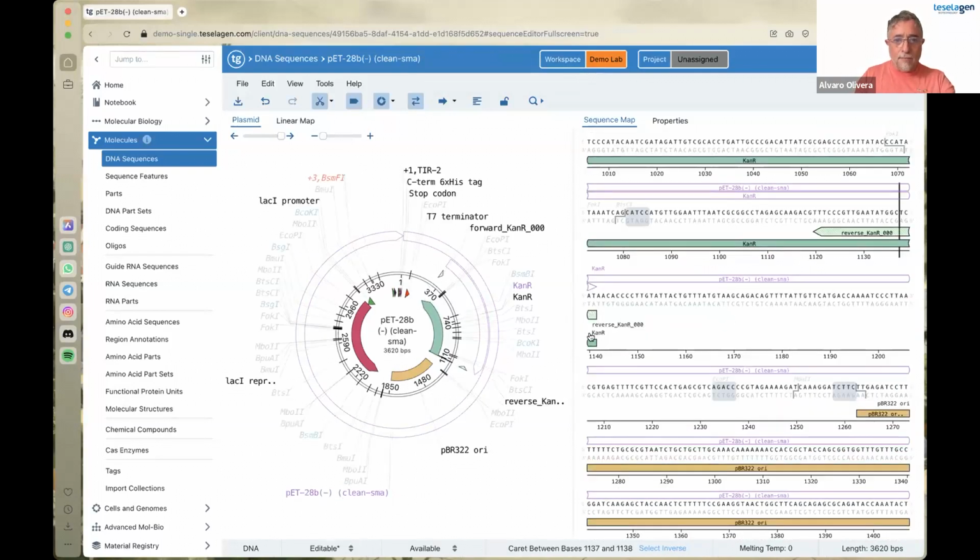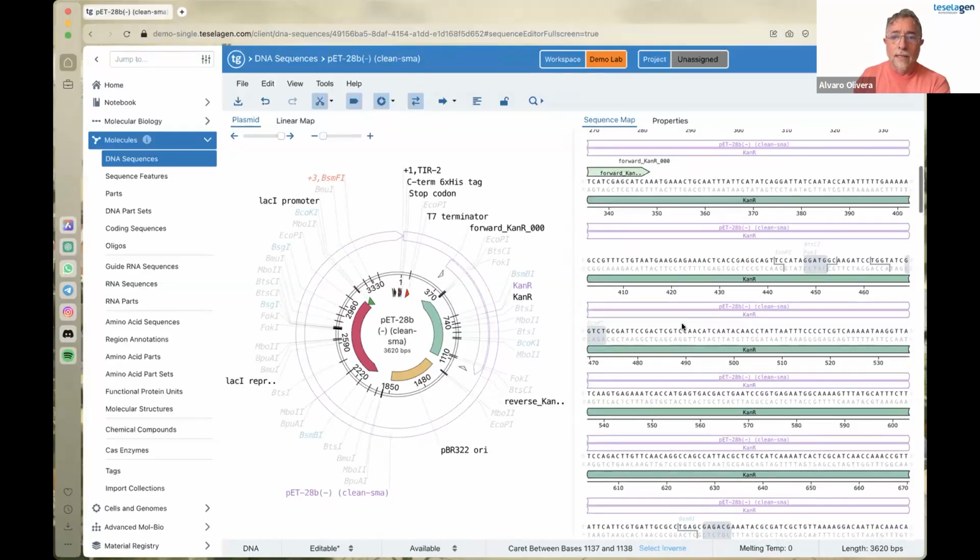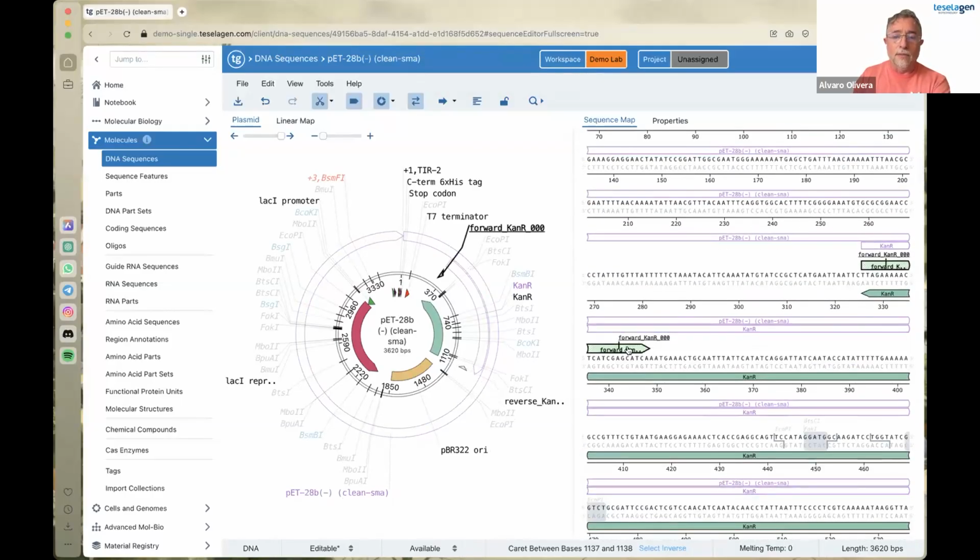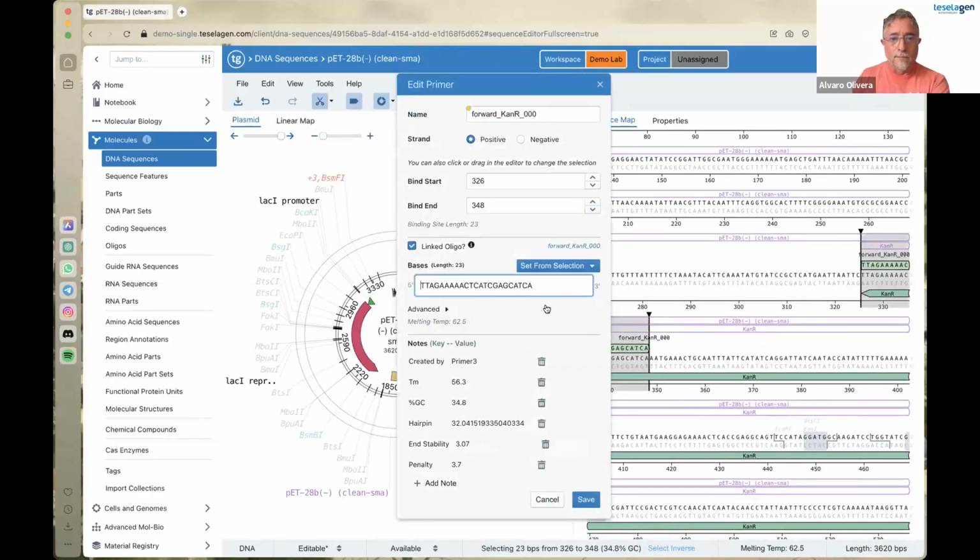So both of them just start at the beginning of your selection. So it's exactly that selection. That was the thing I selected. And if you double click on any of them, you have the sequence of your primer. And here, if you wanted, you can modify the sequence. For instance, if I wanted to add a tag, a 5' tag to this primer, I could do so just